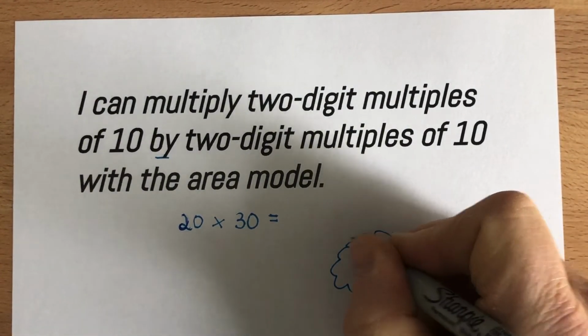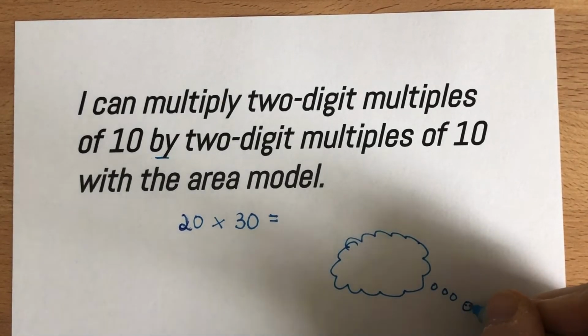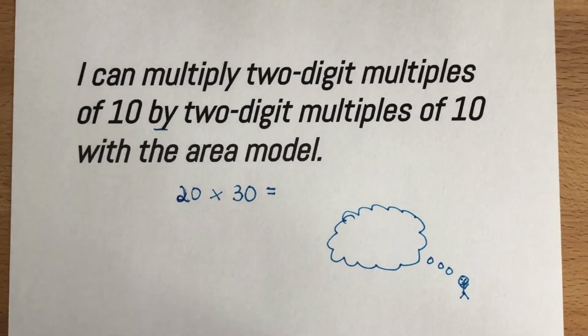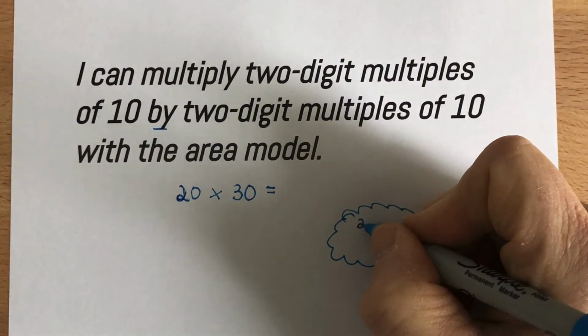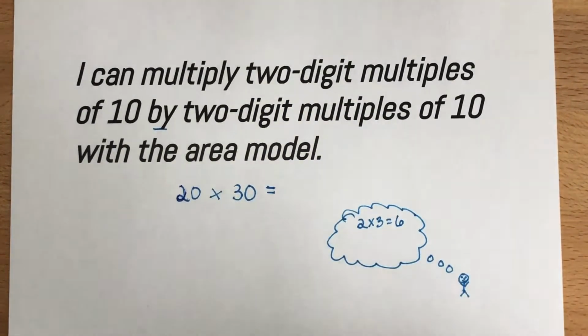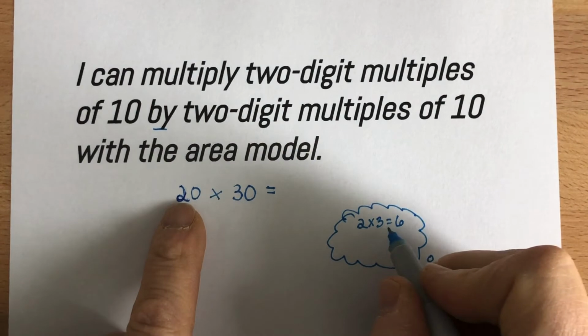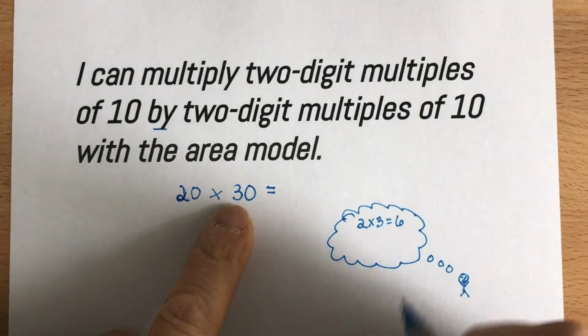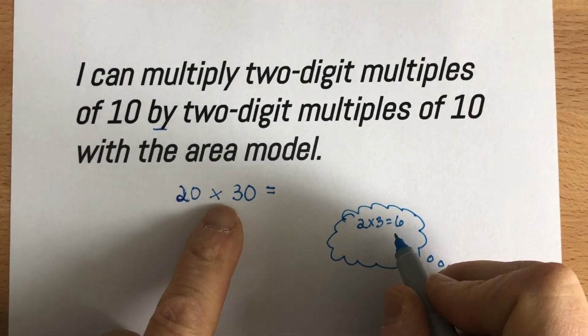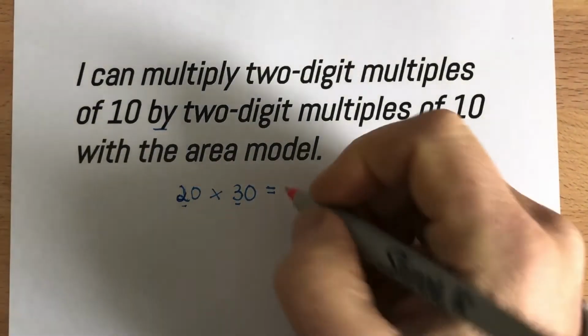Here's my little mind, and there's my thought process, and here's Mr. Sherwin over in the corner. If I know 2 times 3 equals 6, two groups of 3 is 6, then I know what 20 times 30 would be, because I would use my 2 times 3 to help me out. So if 2 times 3 is equal to 6,